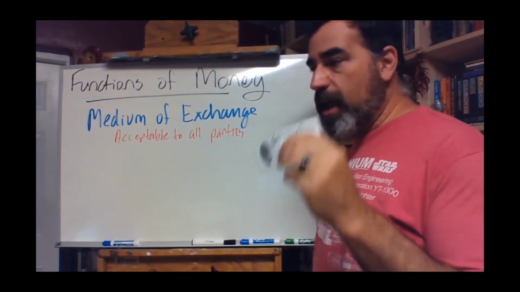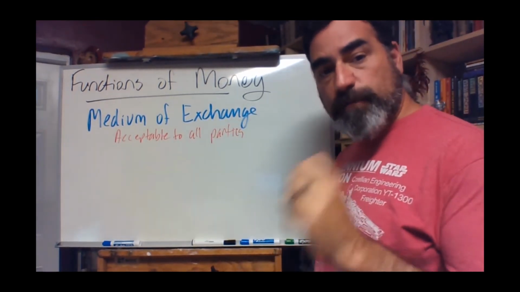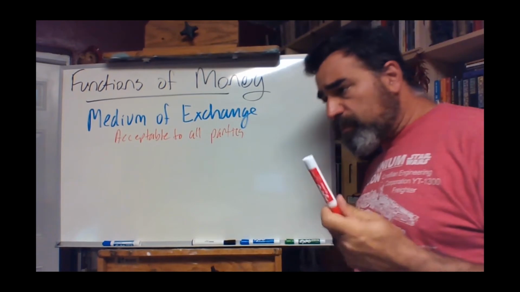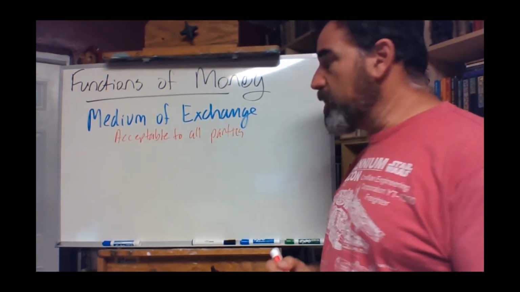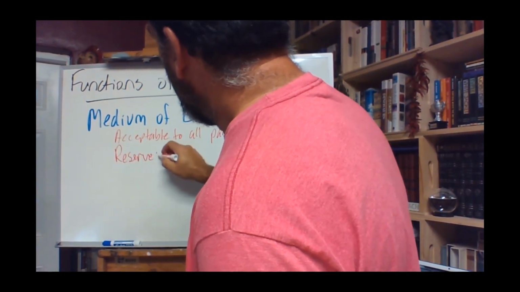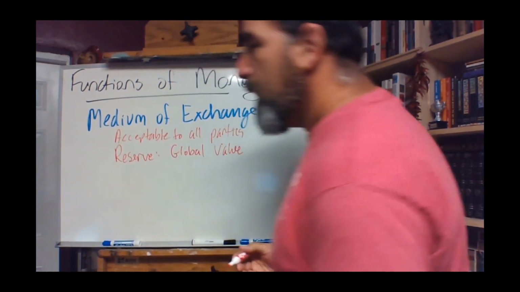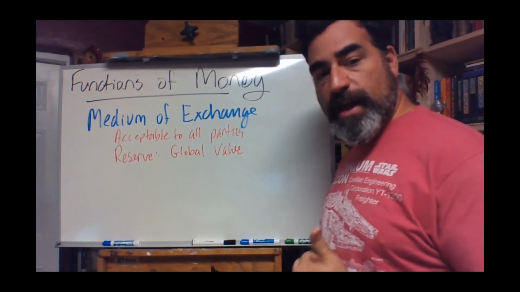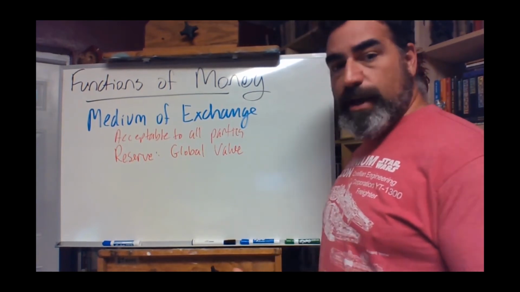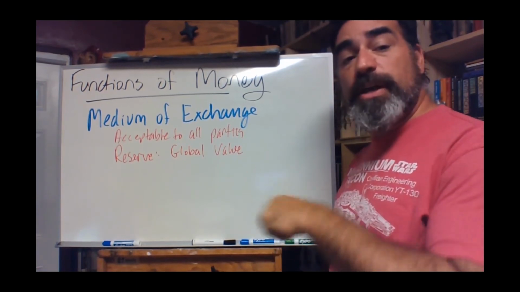Everybody recognizes that this Andosha buck is valuable. So everybody in your class will say, hey, yes, this Andosha buck is valuable, right? Or everybody in the world will recognize that $1 is valuable, that I can use this dollar to get something that I need, right? And with regard to the dollar, it is really, really important because the dollar is what we call a reserve currency. In other words, it has global value. Everyone around the world recognizes that the dollar can be exchanged for goods and services. So again, even though I was in China, and the Chinese don't even really necessarily like us economically speaking, the dollar does have spending value in China.